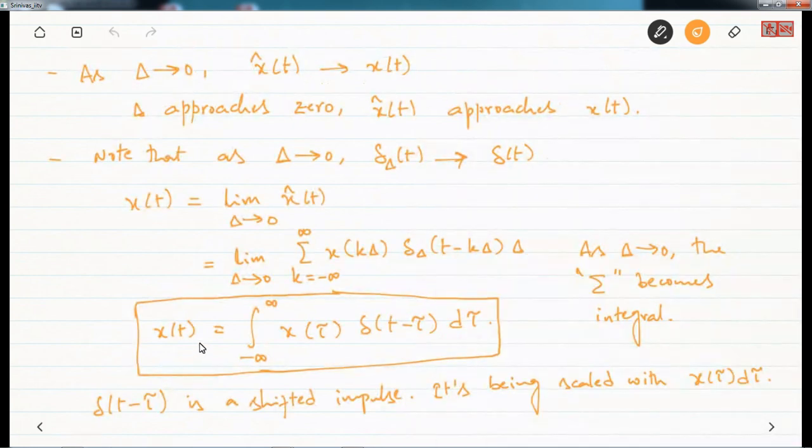So what did we do? We used this approach of delta, and then